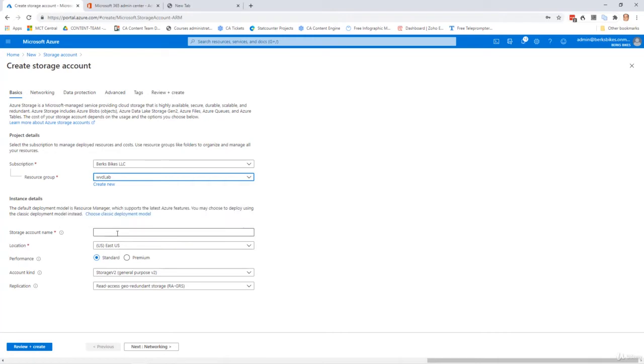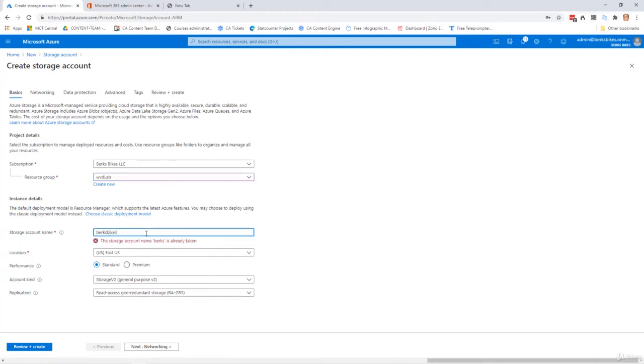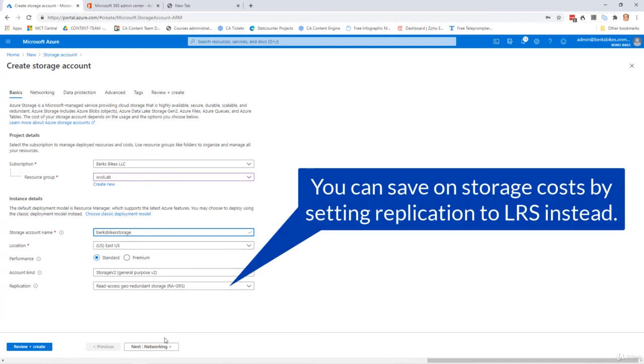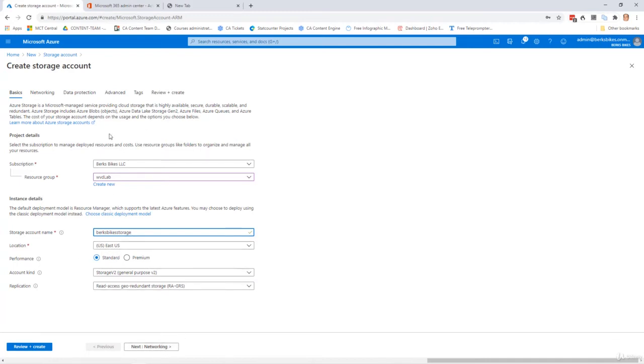So what we're going to do is try to call this Burks Bikes Storage. Let's see if that works. And it looks like we're good. And the defaults here will work for this storage account, meaning it's going to be a general purpose V2 storage account, which does support file shares. It's going to be a standard performance account, and it's going to have read access geo-redundant storage. We don't have to do any special networking for this particular storage account, so we'll go ahead and create the